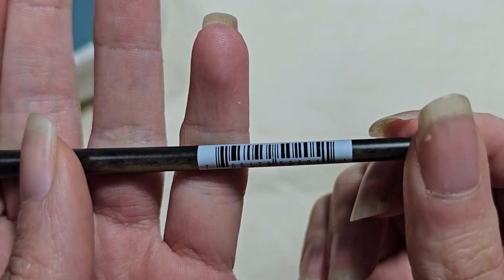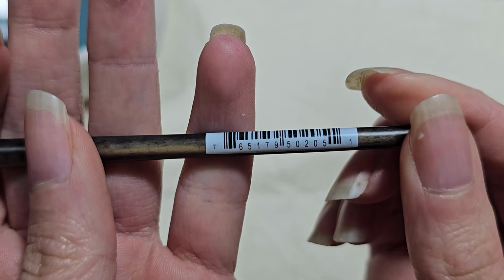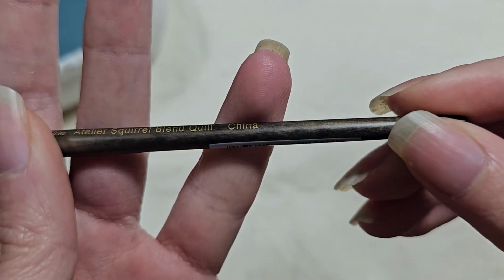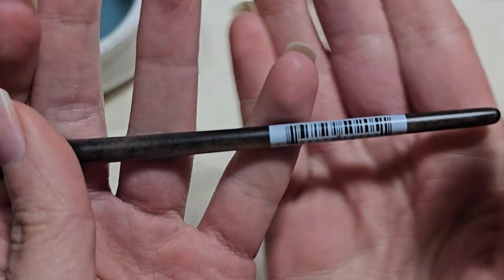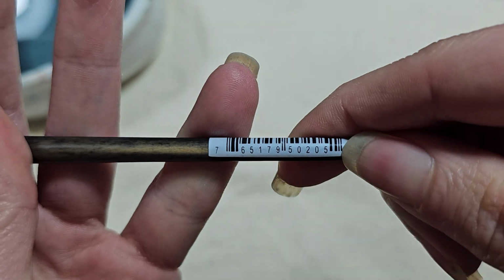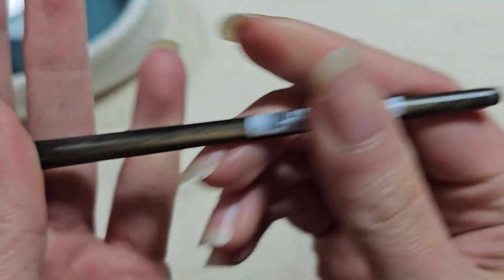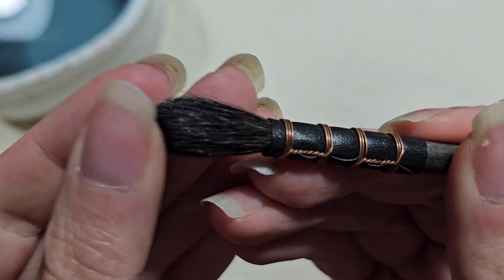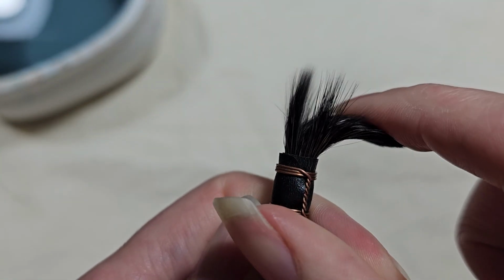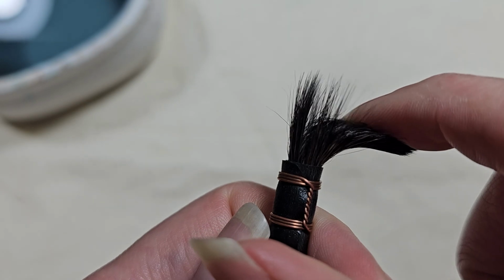And then that horrendous barcode that is printed here. Why, I don't know. Please don't do that, it looks horrible. Especially it's like the highest contour of this whole brush, it really draws your attention, it's not going anywhere. And the brush head itself, it is quite soft, and hairs are a bit...